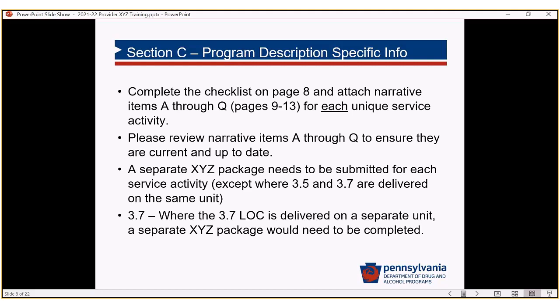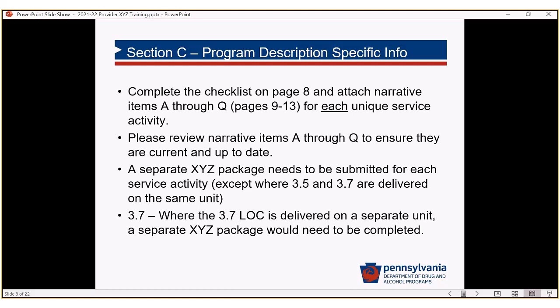And I'm going to now let Steve talk a little bit about the package as it relates to 3.5 and 3.7. Thanks, Jen. So 3.7 is a new level of care for us under ASAM, right? We had the 3.7 WM, which is our detox. We have the 3.5, which is our traditional rehab. But now we have this 3.7, which is kind of like an enhanced rehab to meet the medical complications and psychological complications of those individuals who are above a rehab but don't yet quite meet the level of 4.0 hospital-based service.